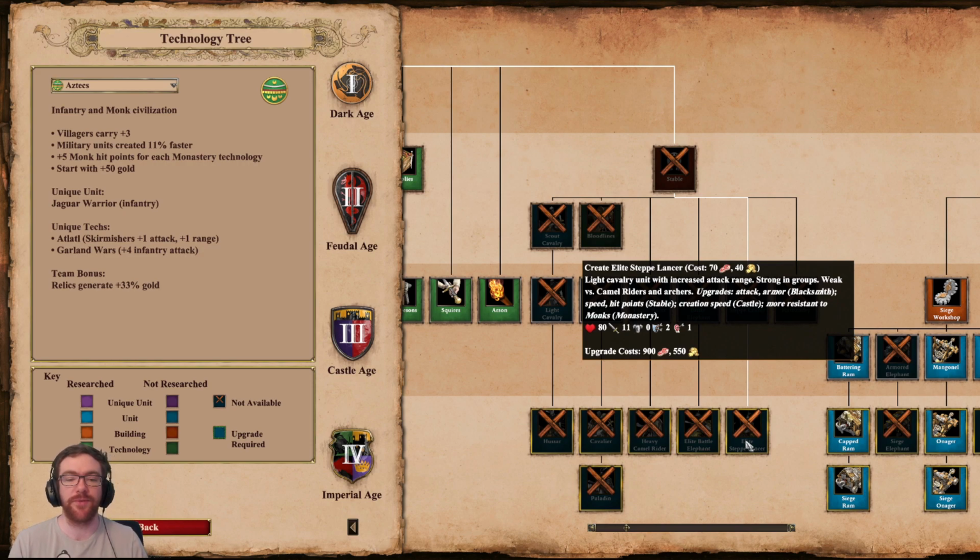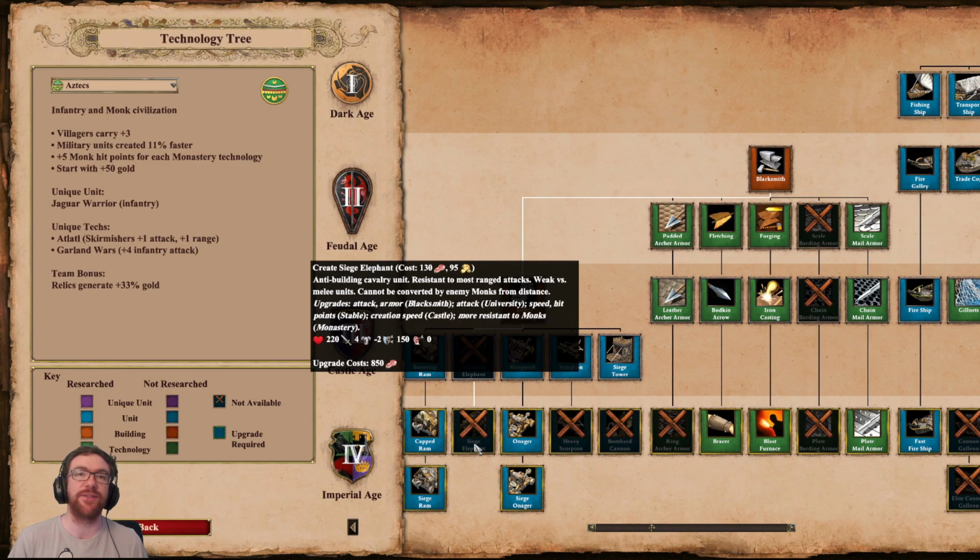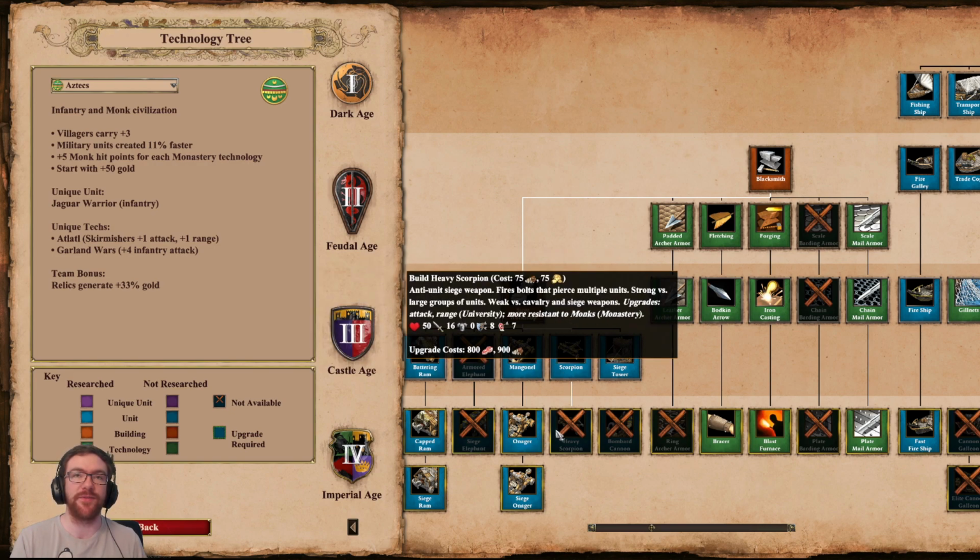Next we have the Elite Steppe Lancer that has had its pierce armor increased from only +1 to now +2. Then we have the Siege Elephant upgrade that now costs 850 food. It used to cost 650 food. Then we have the Heavy Scorpion upgrade that used to cost 1000 food and 1100 wood, now costing 800 food